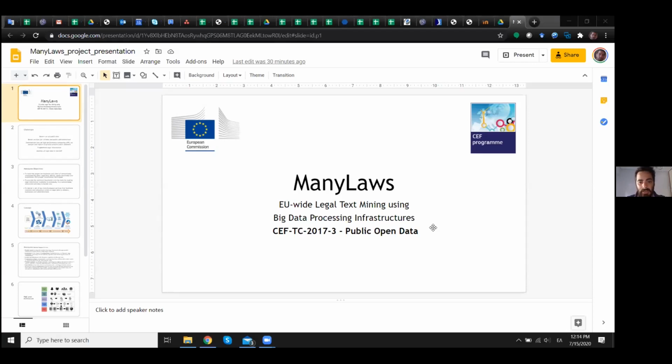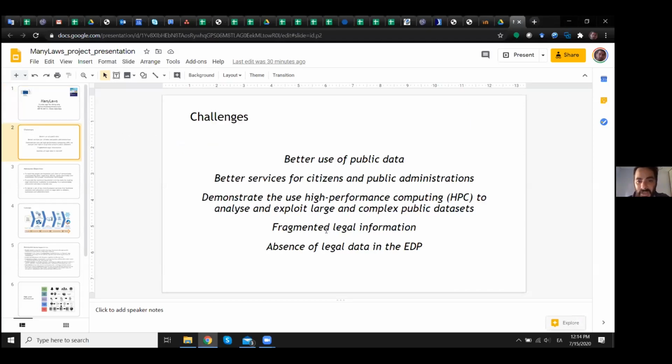Okay. So the Manylaws project, the EU-wide legal text mining project using big data processing infrastructures. What I forgot to say here is that we're funded under the Telecom CEF project on public open data. So the challenge we are trying to address here is the better use of public data,